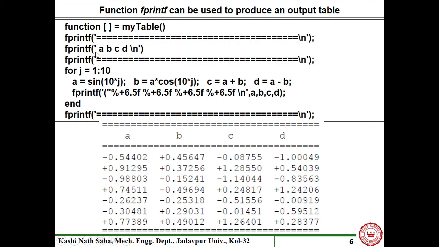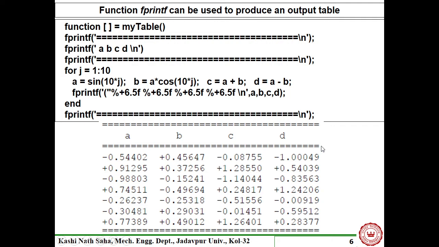So what are we writing here? Print A, B, C, D, and again a new line. Okay. So this A, B, C, D are again some characters, a character string A, B, C, D, and again a new line. So the file pointer is here now. Again another line. Right.